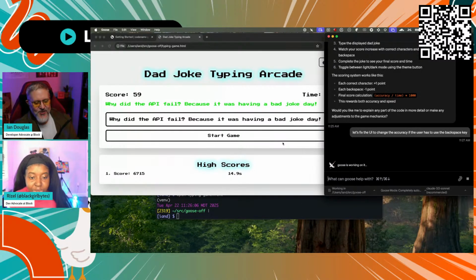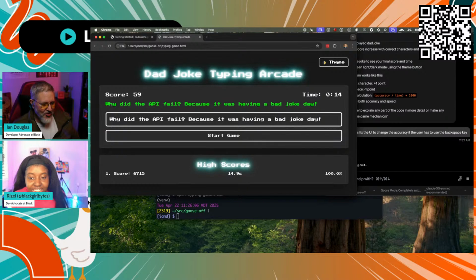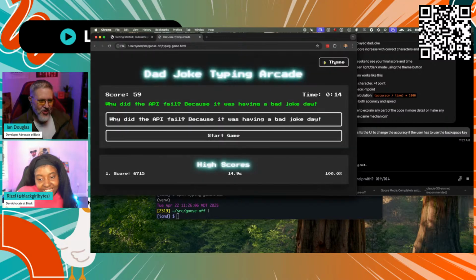I love that it came up with this dark glowing theme. It's actually pulsating, that's kind of cool. I didn't notice that. It came up with a decent color scheme. The light green on white is a little hard from a contrast point of view, but dark mode looks pretty great.